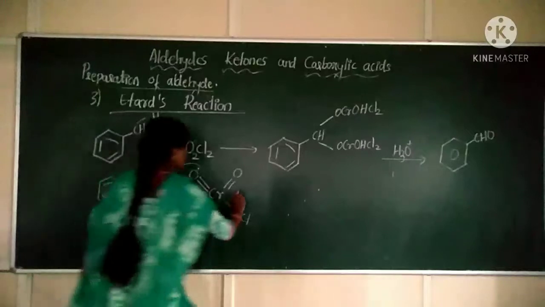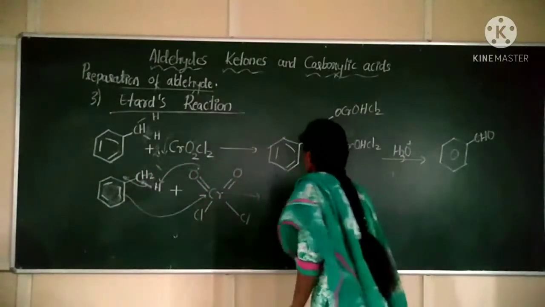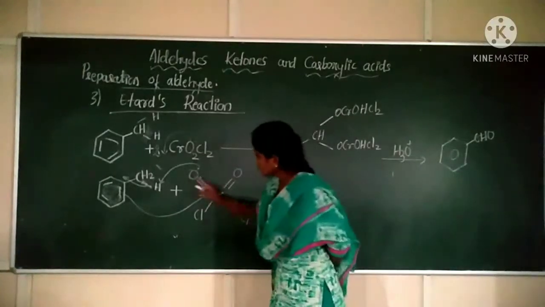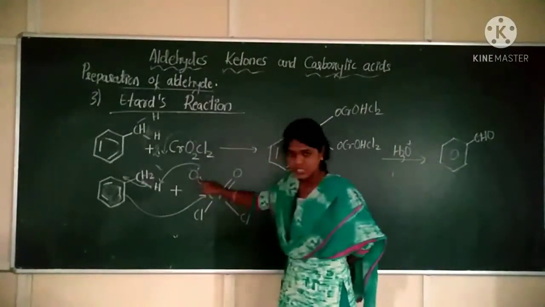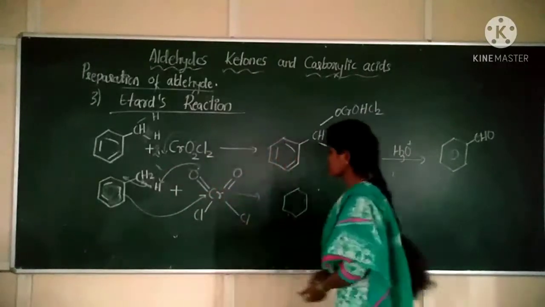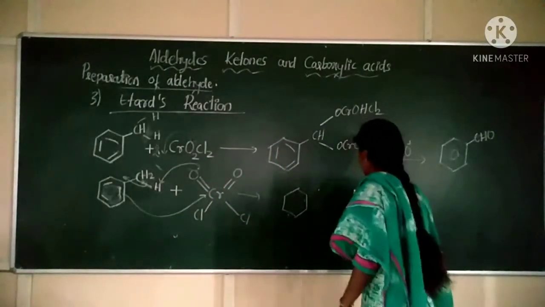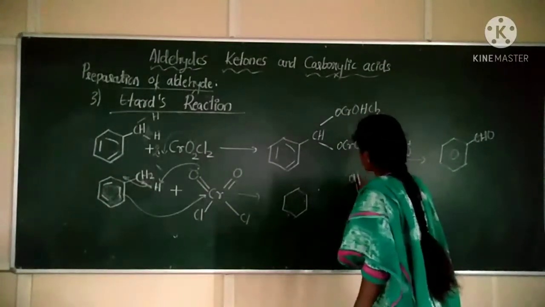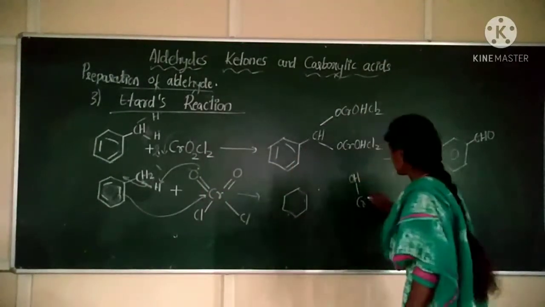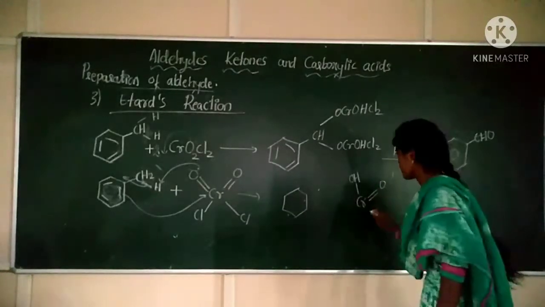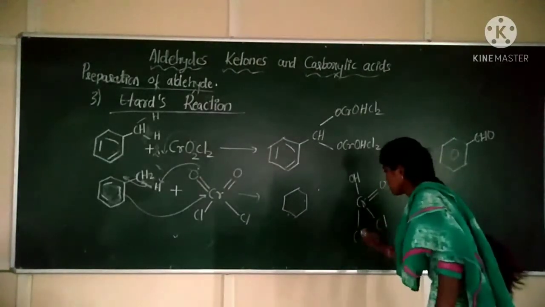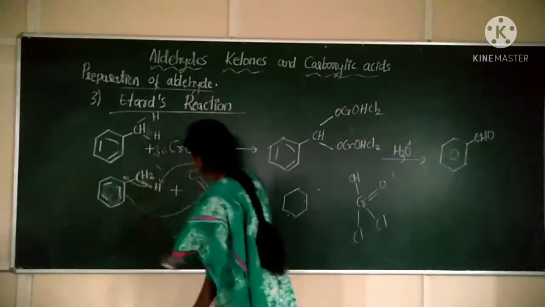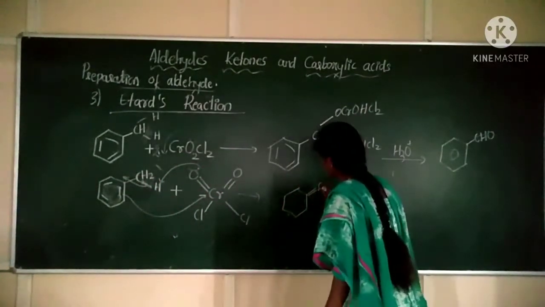Clear? Now the mechanism. Now look at here. Benzene. So oxygen is pulling the hydrogen, correct? So it will have chromium OH. Now on one side again a double bond oxygen is attached, Cl is attached as well, so this is the structure. Next, these two electrons are shifting here, which means it will have a double bond here, CH2.